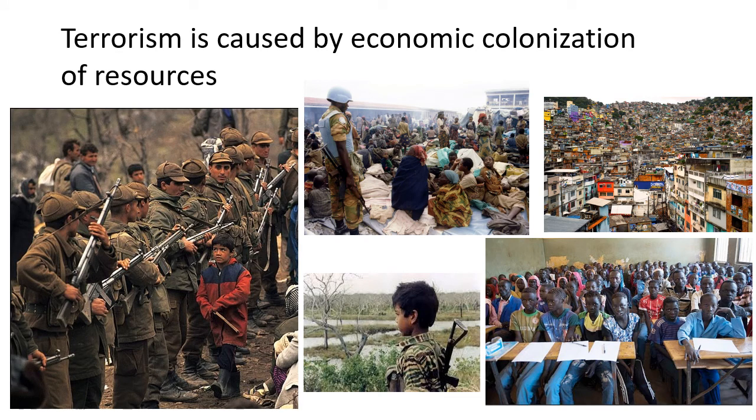One of the other ideas that we could talk about in agency-based ethics is the view that terrorism itself is a product of what's referred to as economic colonization of resources. In the extended readings that I have, which you are not required to look at, Vandana Shiva, in her essay Earth Democracy, makes this point and many other points along the same lines, pointing out that a lot of different corporations have really thrived on this notion